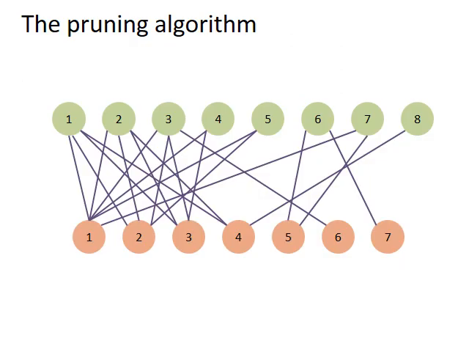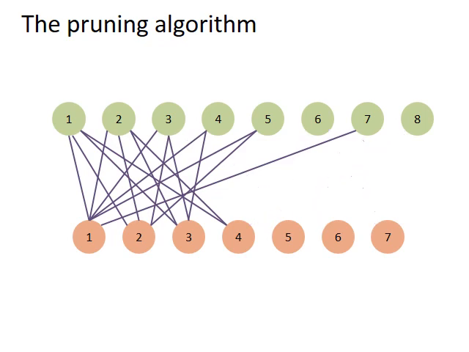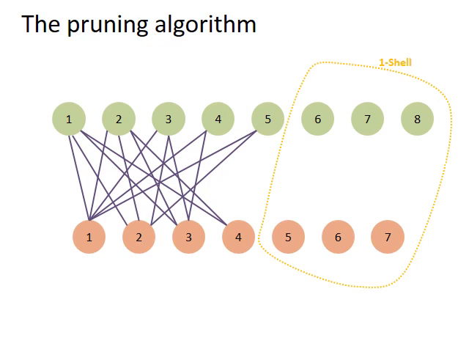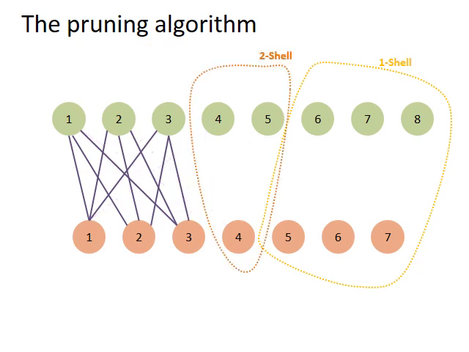Instead of diving into the formal details, I will show you how it works with the application of the most popular algorithm to a simple, fictional network. First we prune the links of those nodes that have only one link. Notice that this procedure is recursive. Those nodes that have become isolated are the one shell, then the operation to identify two shell, and finally three shell.